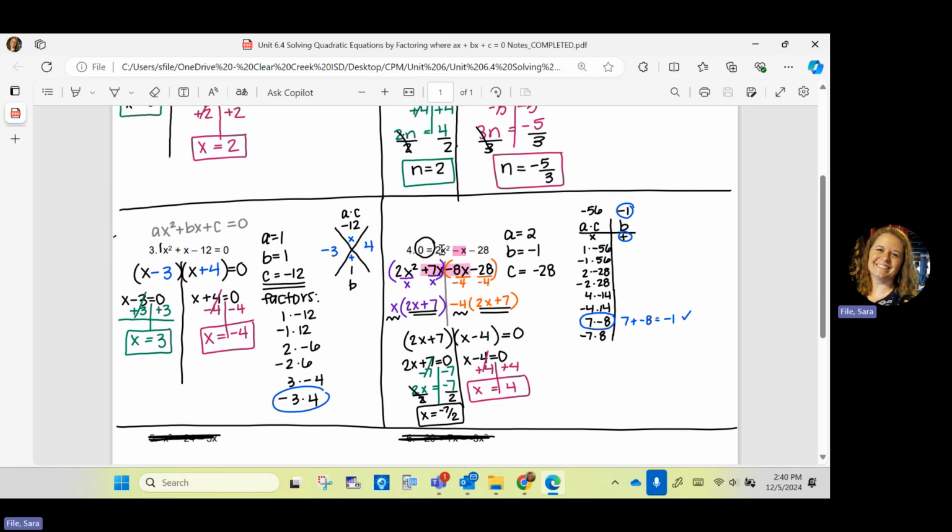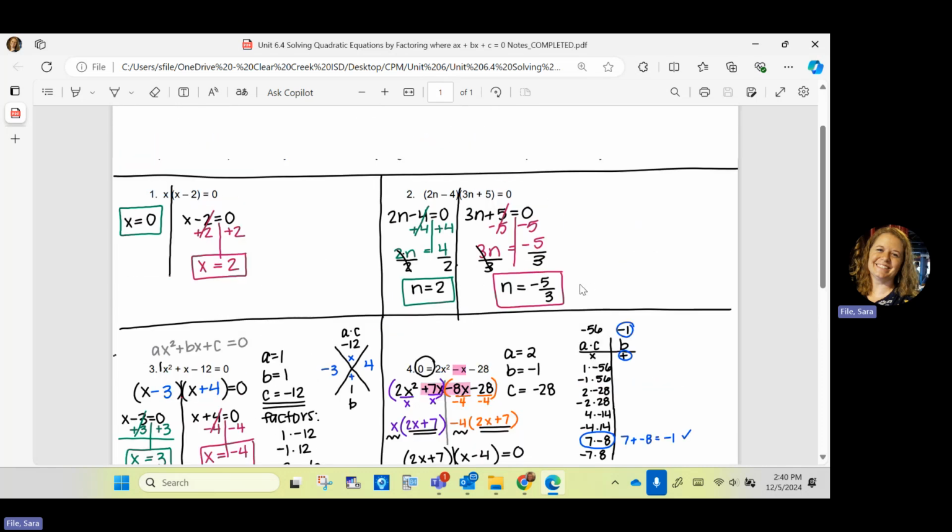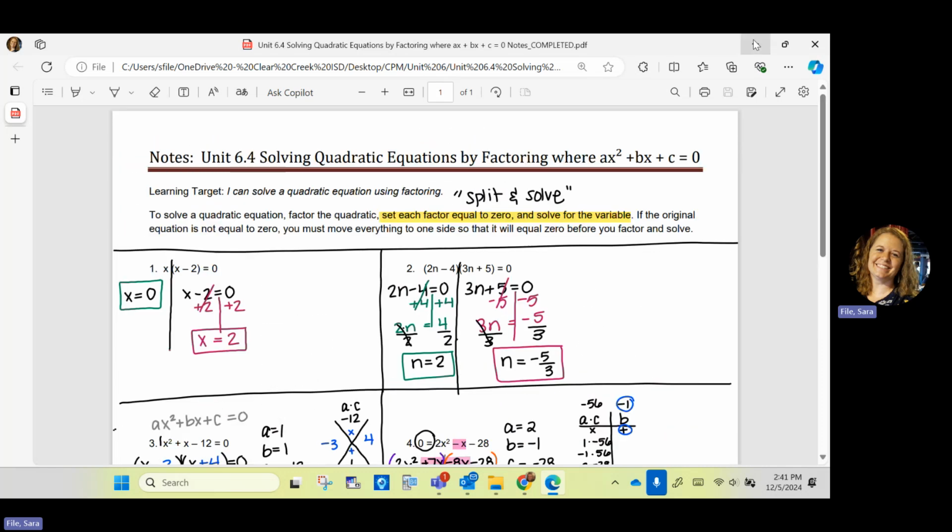So we need to look back at your 6.3 notes, because the factoring was a little more complex, but I had to come up with my two factors down here, and then I split and solved each one individually. So you can copy this down. You can go back and look at those notes on the factoring process. But yeah, that was it. Now the practice is in